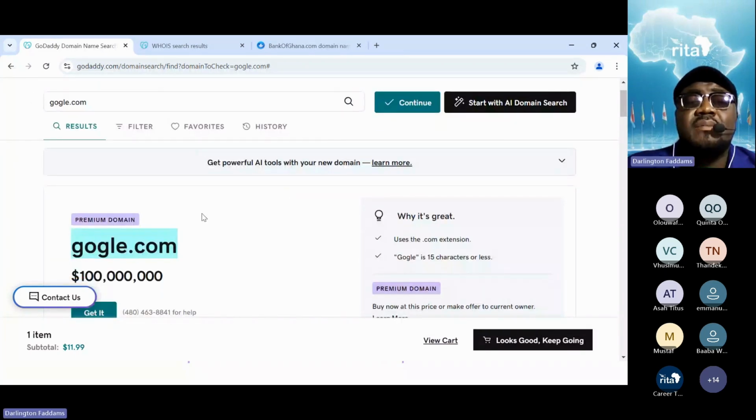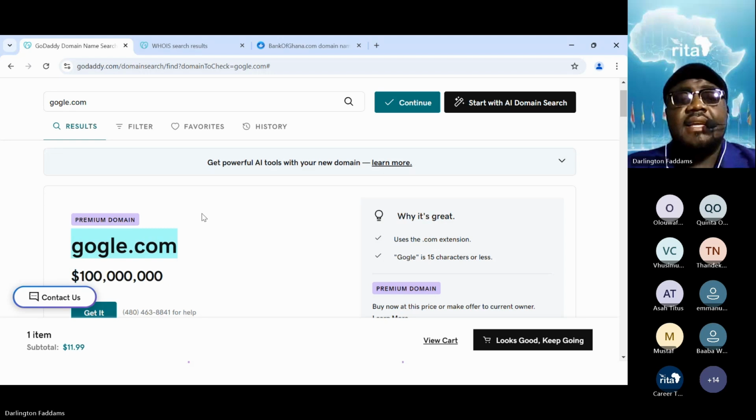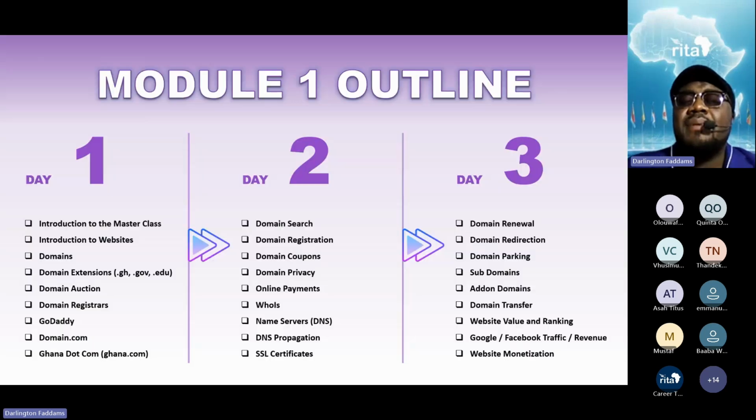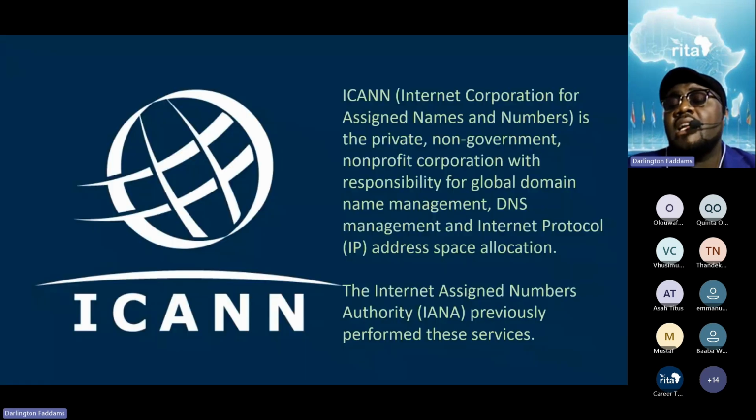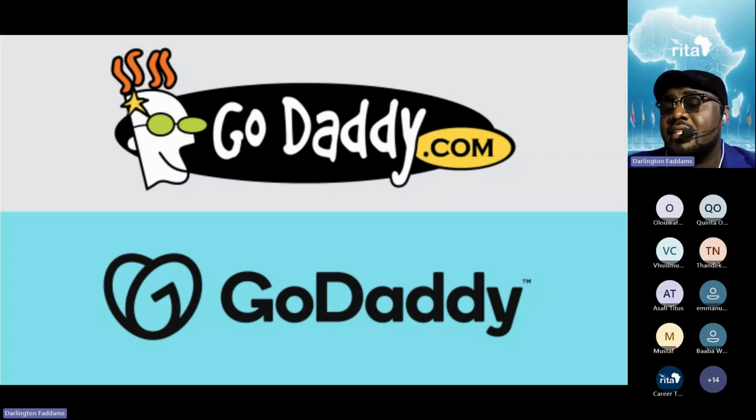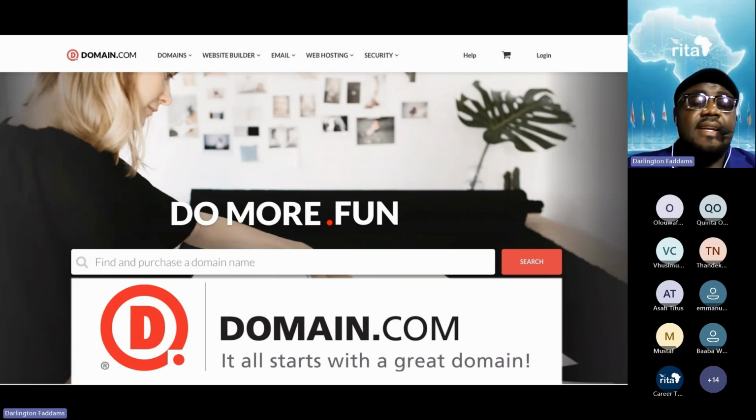The next thing I'm going to talk about is to introduce you to another partner, because GoDaddy is not the only domain registrar in the world. As a matter of fact, in recent years, I've not been working with GoDaddy because of their price. There's another company, in terms of popularity, it is the world number 2 domain registrar. This is another partner that you should work with. You shouldn't only work with GoDaddy, you should also work with this company.